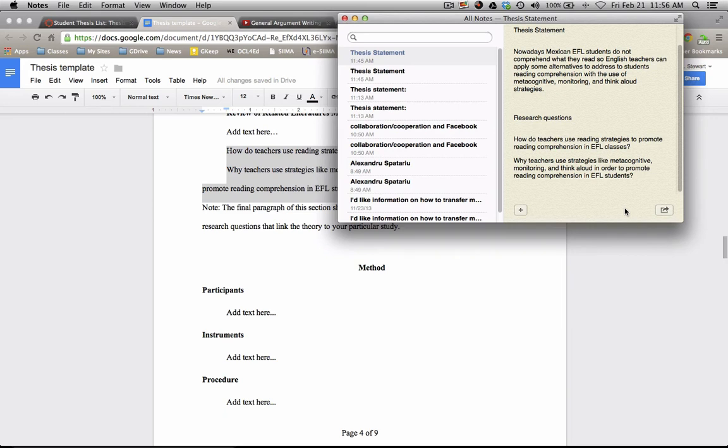Later the predicate, and then later support. The second sentence would be an evidence, so some sort of citation that supports the main idea. So you have your main idea, you have evidence sentences, and then you have analyze sentences. The A in the acronym allows you to comment on the evidence, that is, analyze it, compare and